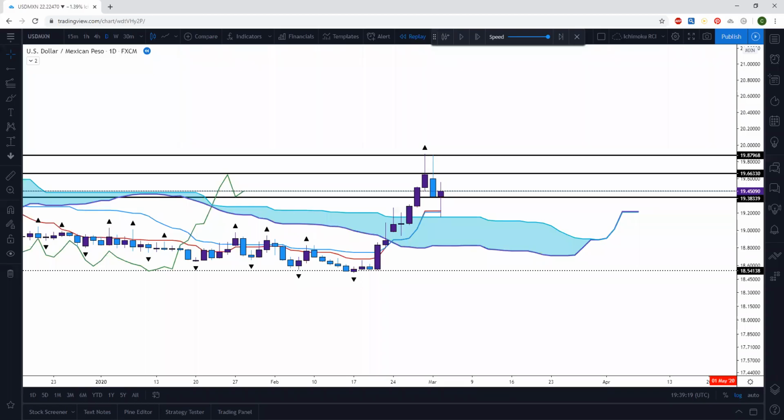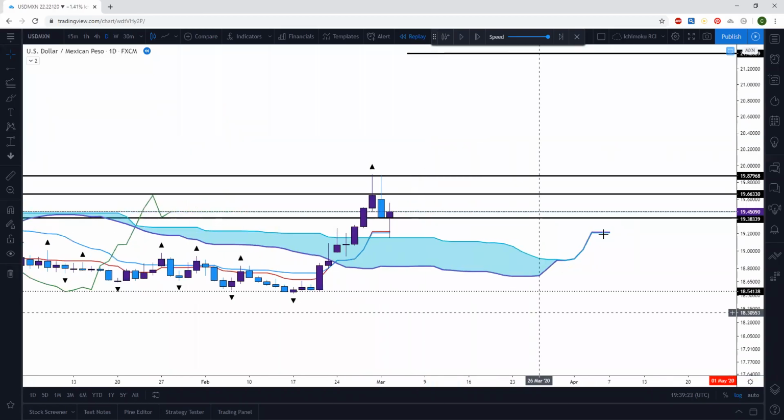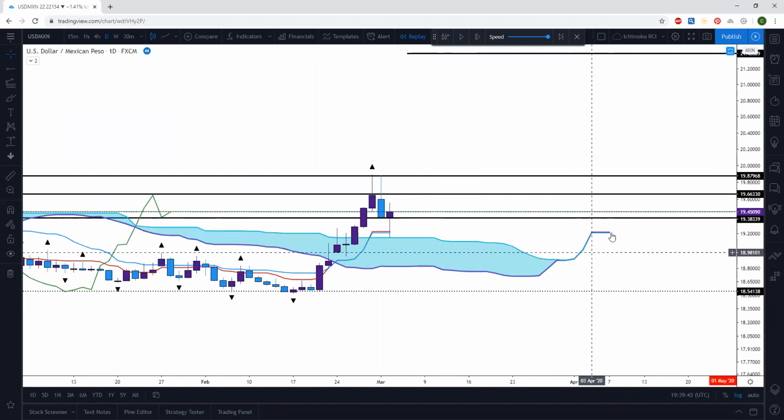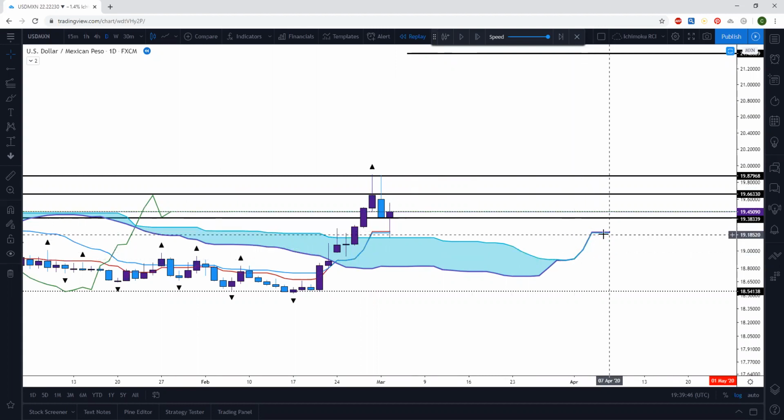Right here. All right, so looking at this, once you identify that there's no real trend here, you see that the Kijun is flat at the cloud, so it's flat here. You already see that the market's in the range because the Kumo right here is flat. You see how thin this is, y'all? Whenever y'all see this type of move or how thin it is, expect a big move in either direction, all right? So now that we identified there's no real trend, we have support here, resistance here,